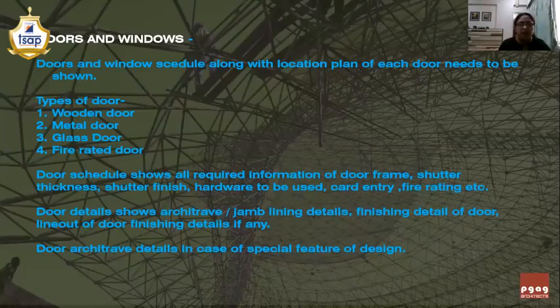A normal glass with red back painted and the extra clear glass with red back painted look different. So you need to write the specification of glass as 12 mm thickness, extra clear, toughened, and again the make of the glass. For example, if you're using Saint-Gobain glass, then you need to write that particular make.